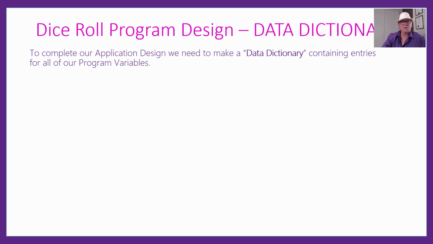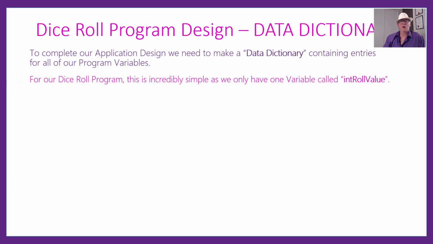A data dictionary describes everything that's in the program code or is going to be in the program code. Now, for our dice roll program, it's really super simple. They don't come any more simple than this, because we only have one variable, and that's called int roll value. All right, so for this one we're only actually going to have one data dictionary entry, because we've